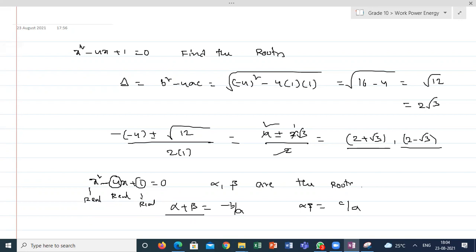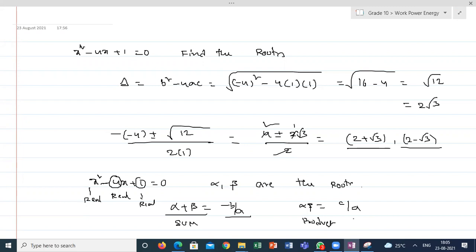Yes, sir. See, this is the sum of the roots, this is the product of the roots. The sum and product should be real, then only we get the coefficients as real. If the sum and product are not real, it completely violates the definition of the quadratic equation. Will you agree with me? Yes, sir. So that is one more logic in mathematics. Whether the roots are irrational or complex, they are conjugates of each other to satisfy the definition of the quadratic equation.